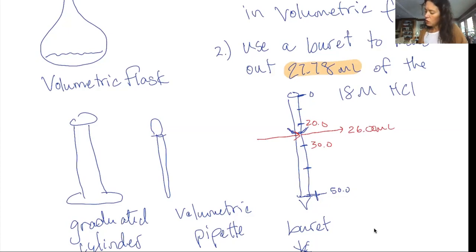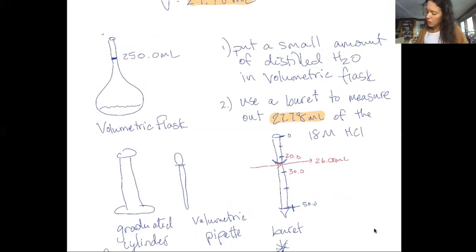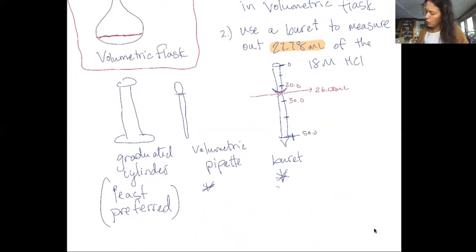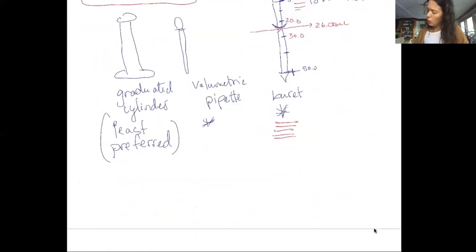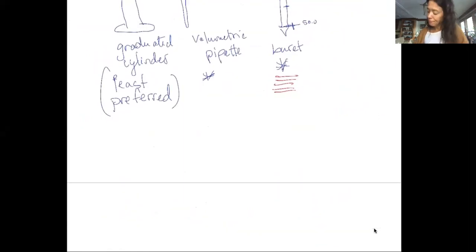Okay, so once we get our appropriately sized volumetric flask, we put a little bit of our solvent, typically water, in there. We then use the most accurate measuring device we can to get our particular volume of solute that we need. We will then pour with a funnel